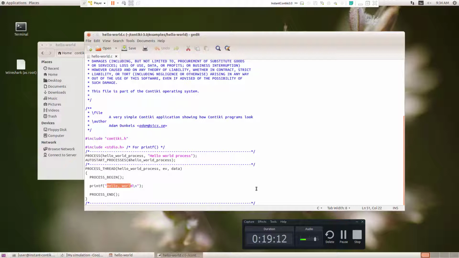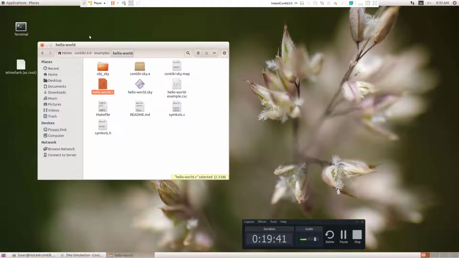So now I'm going to remove this hello world, and I can write any message here. The message I'm going to write is welcome to IoT. So this is the message I'm giving. Now instead of hello world, the welcome to IoT message will be displayed. Now I'm going to save this file, and you can exit. You can quit from this particular folder.